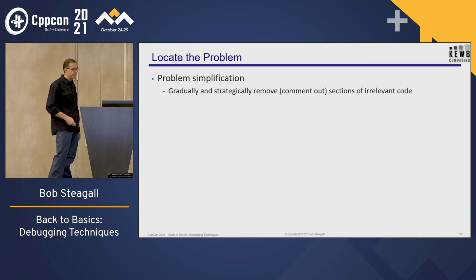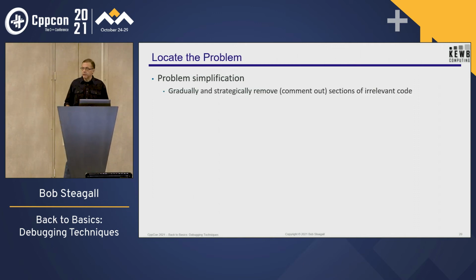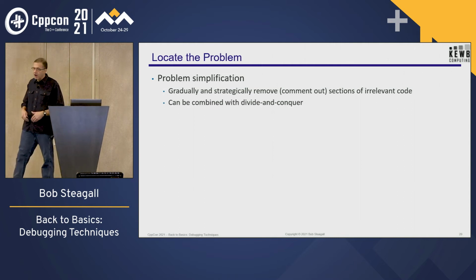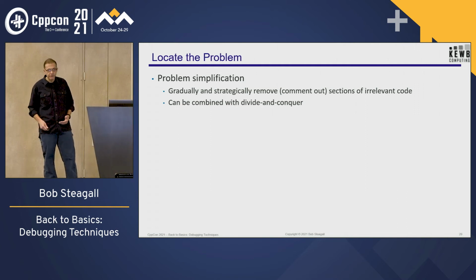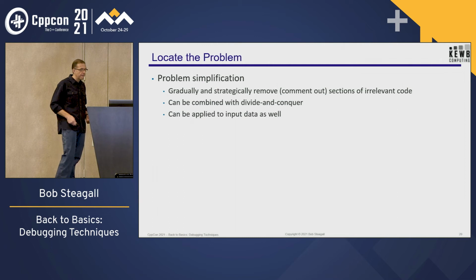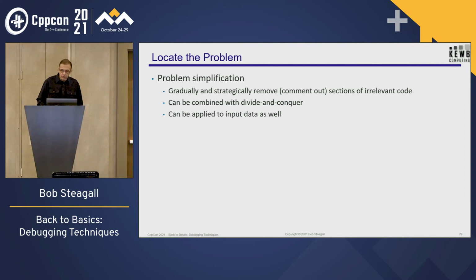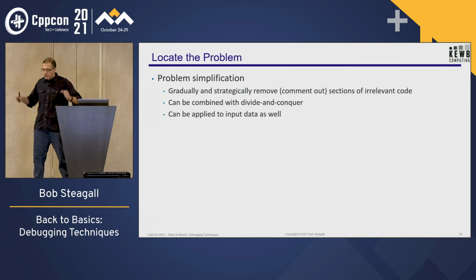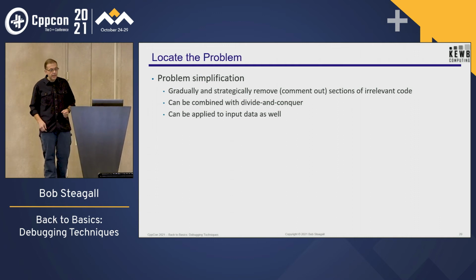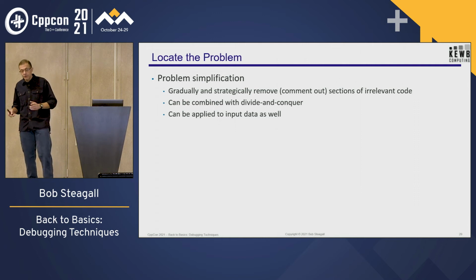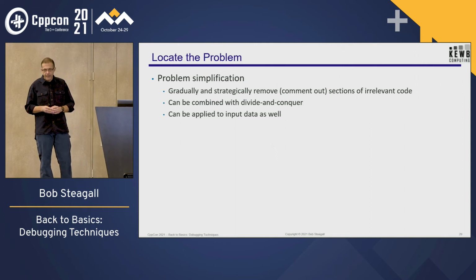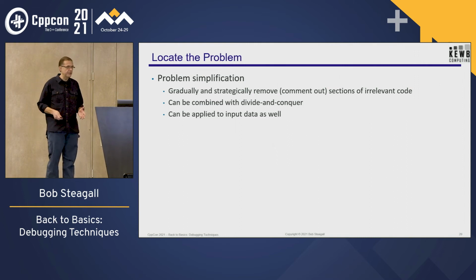Problem simplification. Well, this is very strongly related to divide and conquer, and this is basically no overhead. This is commenting out code, commenting out sections of irrelevant code to the extent that you can, and see if you can narrow down where the problem occurs by commenting out the code. The more that you can comment out, the narrower the scope of search becomes. And this is actually a useful technique if you think the bug is in the input data, right? Start stripping out data that doesn't cause the problem until you come to the data that does.